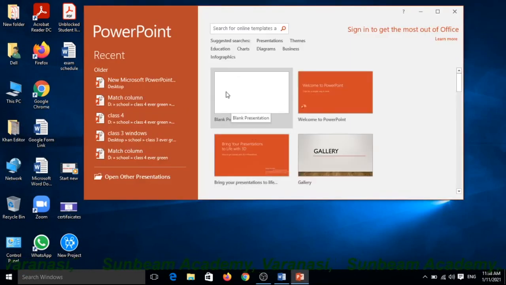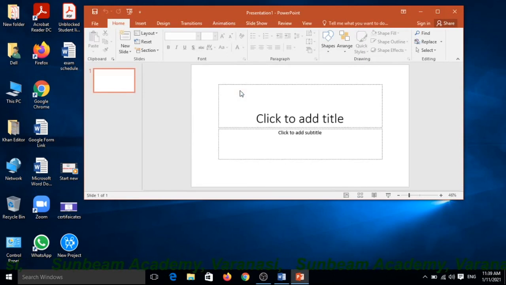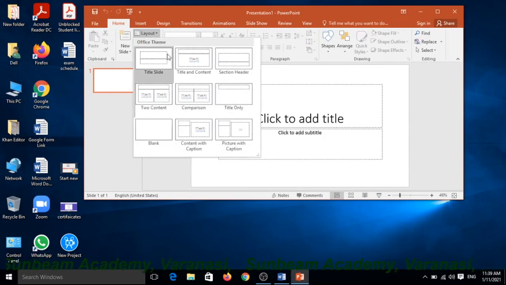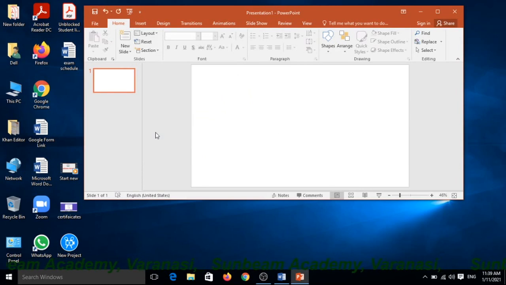There is a blank presentation given by default; choose it and then choose your layout. Click on Layout. There are nine types of layout. Choose the blank layout.